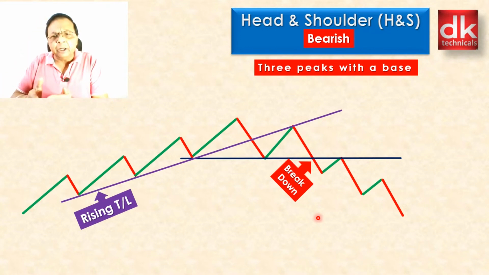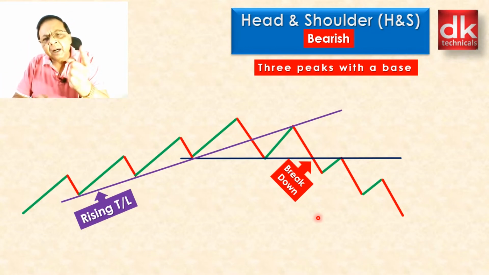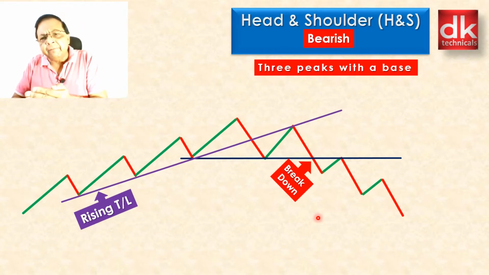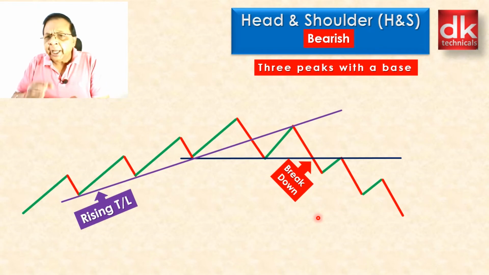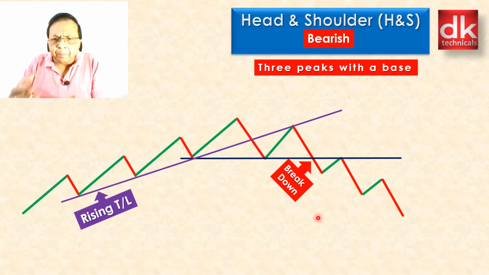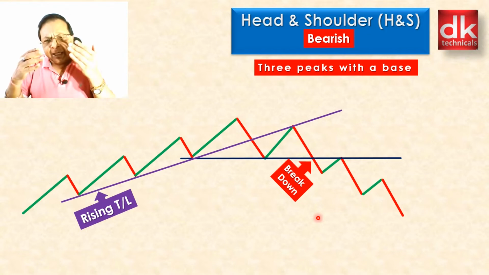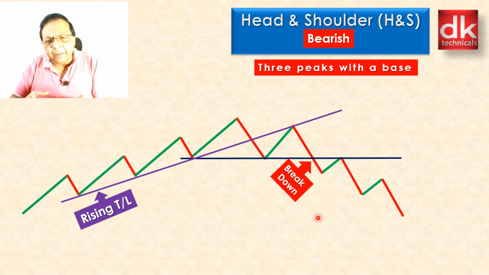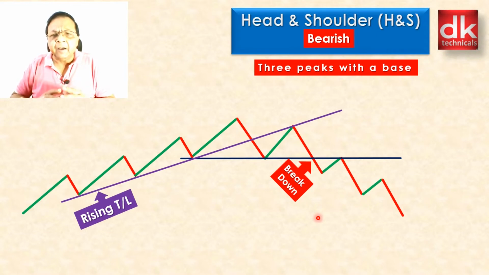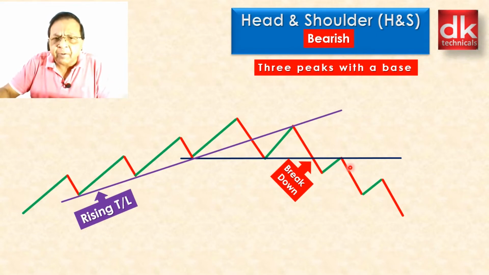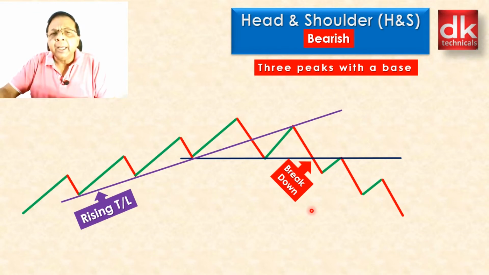and there is a point of rejection after the neckline has been tested once again, showing a reversal by the formation of some kind of bearish candlestick pattern. It could be a shooting star, an evening star, one black crow, or a bearish engulfing candlestick pattern, any kind of reversal candlestick pattern. Here we can set up our trade and go short in the market.